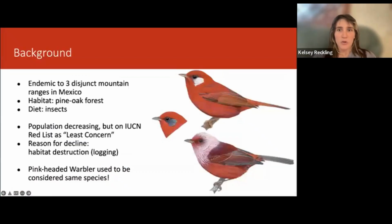So I'll just start with some brief background information. Red warblers are endemic to 3 disjunct mountain ranges in Mexico: the Transvolcanic Belt, the Sierra Madre del Sur, and the Oaxacan Highlands. Their habitat is pine oak woodlands with a diet consisting of insects. And their population is decreasing due to habitat destruction, primarily from logging, but they are on the IUCN Red List